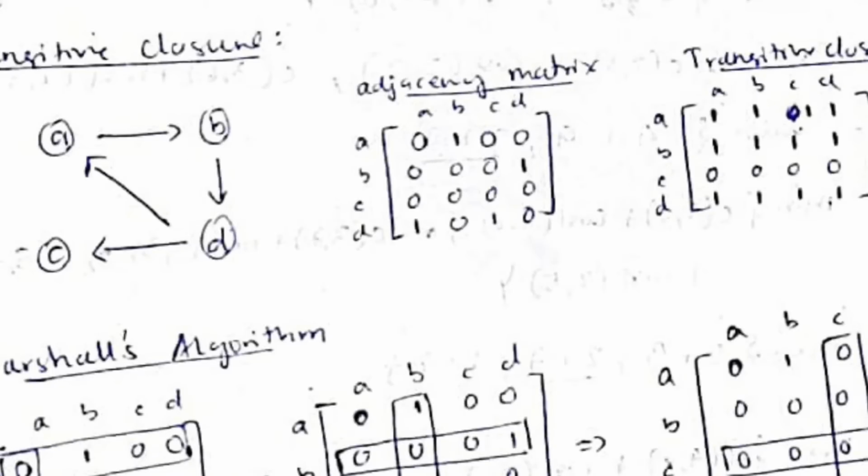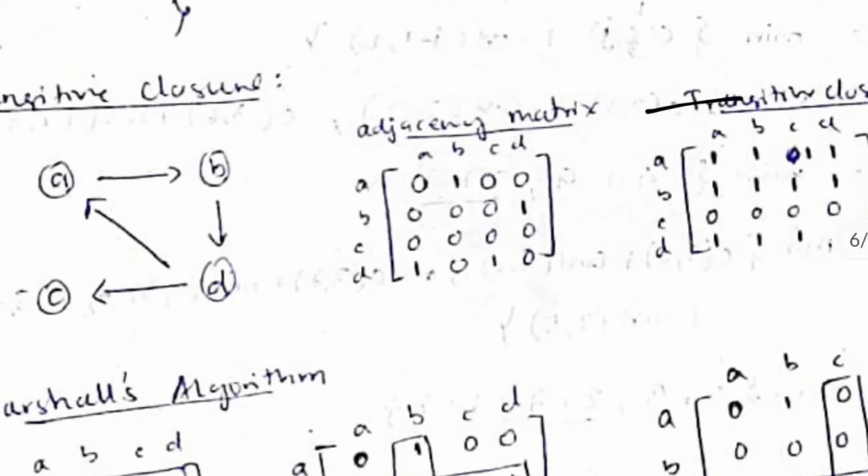In that same way, can I travel from A to A? Yes, like this. So I'll be marking it as 1. But C to A cannot be traveled. There is no way for me to travel from C to A because the arrow is here and there is no more edge outgoing from C. So C's value will be 0 for all the vertices because there is no outgoing edge from C. In that way we will be constructing the transitive closure from the given adjacency matrix.